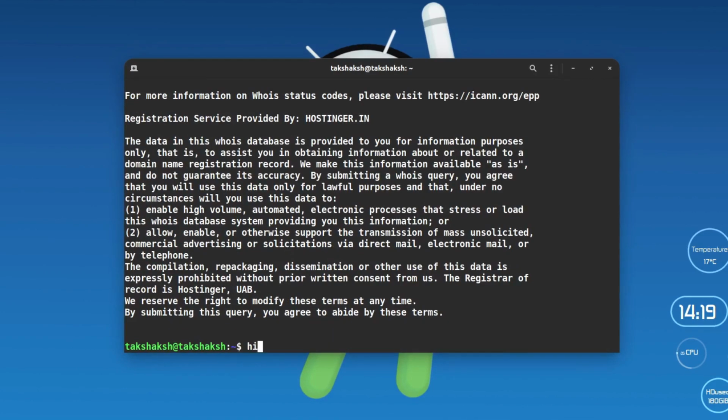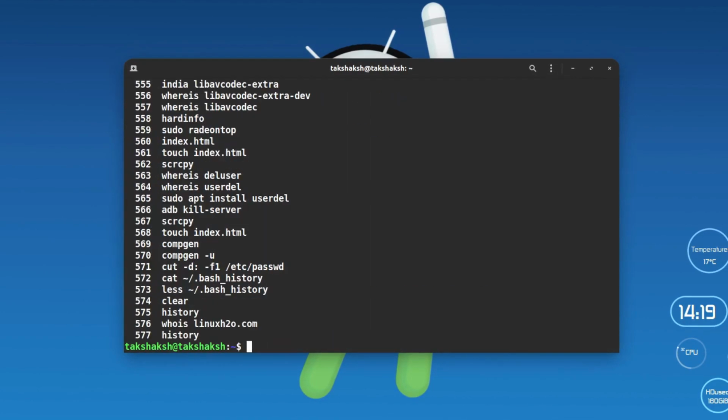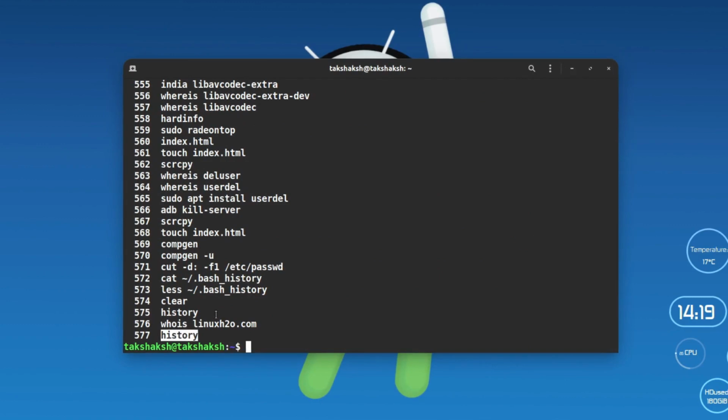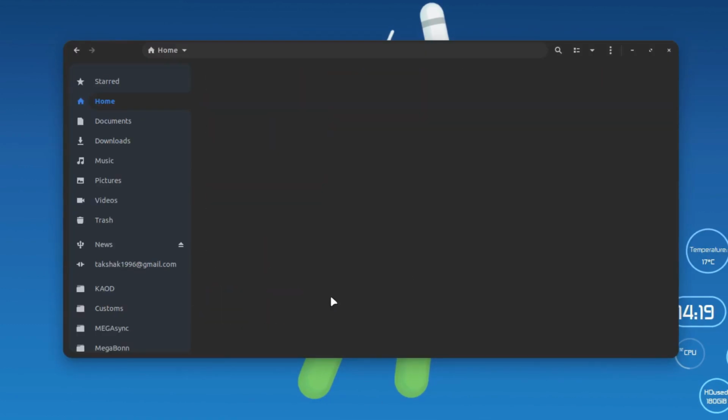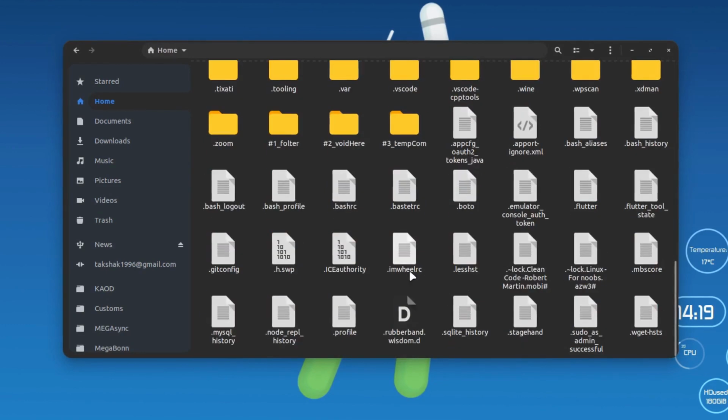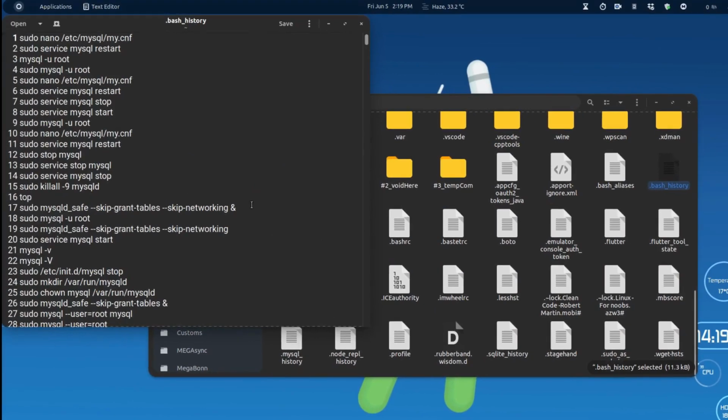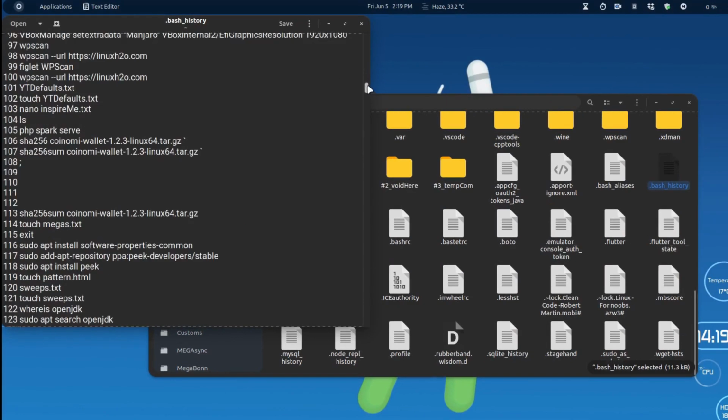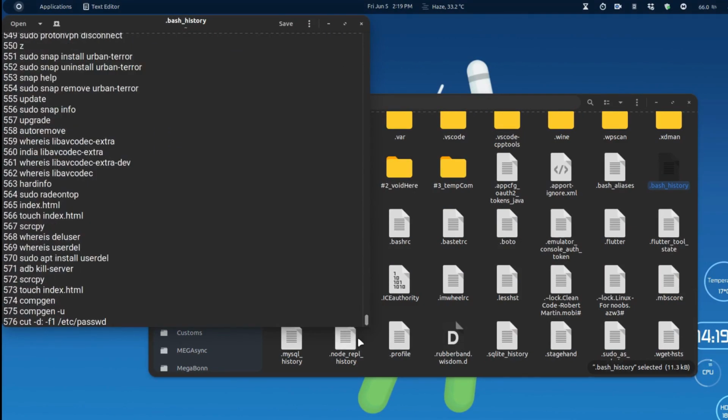If I type history again, you can see I had executed that command, and the last command that we had executed is history. All these commands are stored in the file that we viewed earlier. If you hit Ctrl H and go to bash history, this is the file, but this file only gets updated when we close the shell.